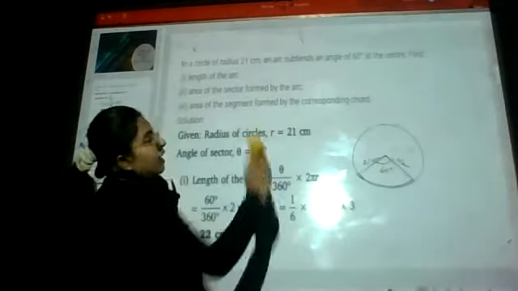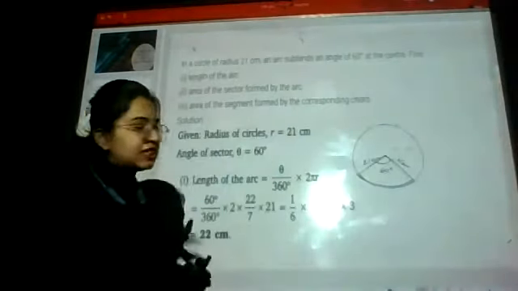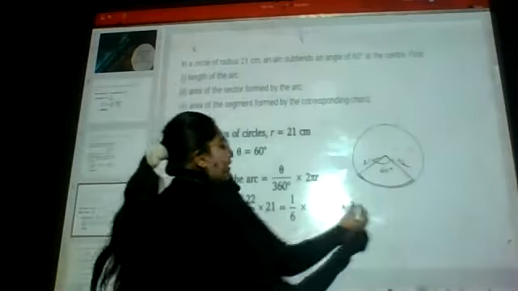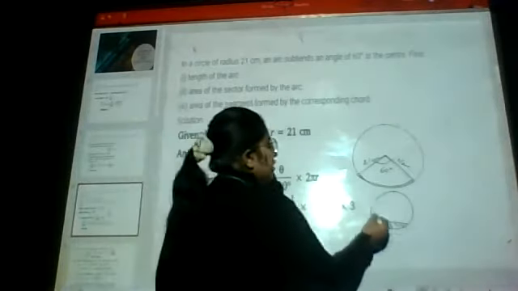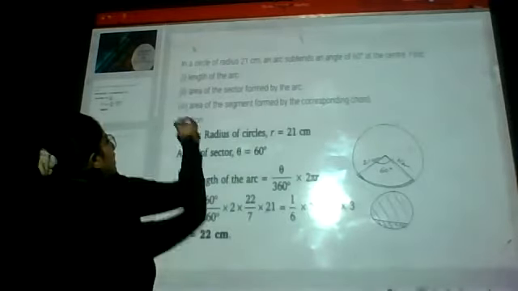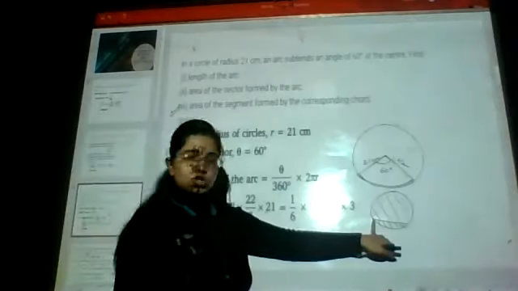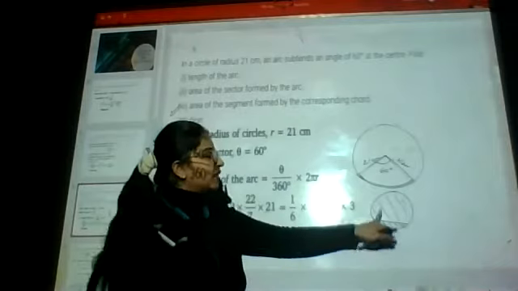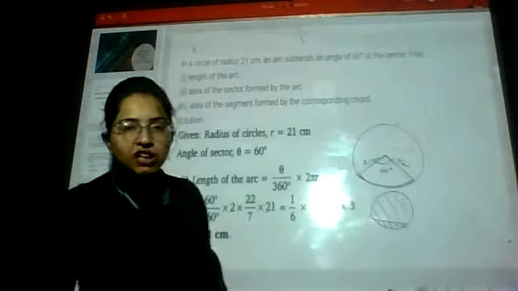Area of segment formed by the corresponding chord. So let me tell you one thing. There are two types of segments, major segment and minor segment, right? When I draw a circle, if I draw a chord to the circle, the portion below the chord, that is the small one, will be considered as minor segment. And this portion would be considered as major segment. Okay, this is called segment. Now this one is new for you in this question. If you don't know about segment, the portion below the chord will be considered as minor and above the chord will be considered as major segment. So how will we find the area of segment?